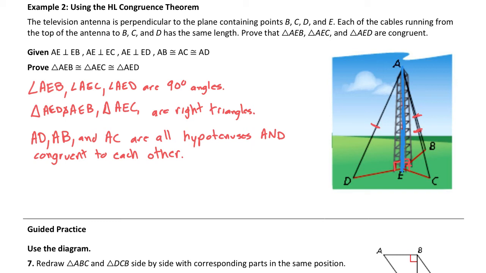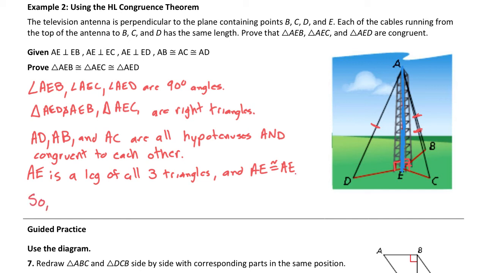So AE is a leg of all three triangles, and AE is congruent to itself. So AE is congruent in each triangle. So by hypotenuse leg,